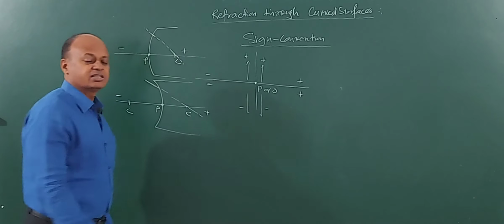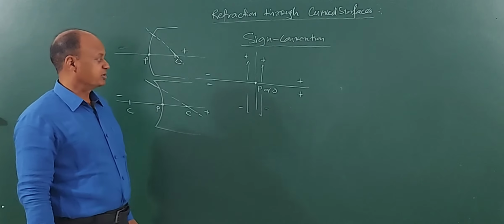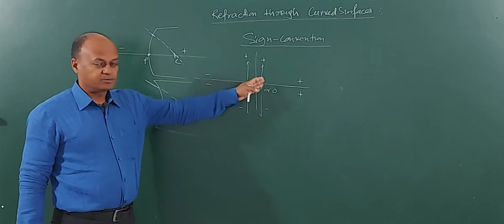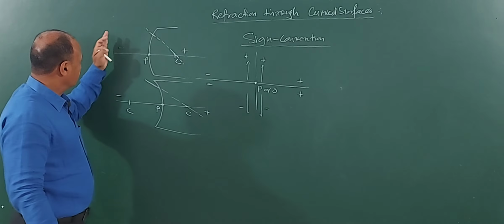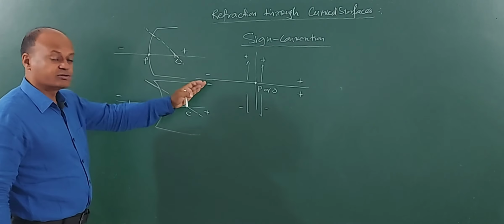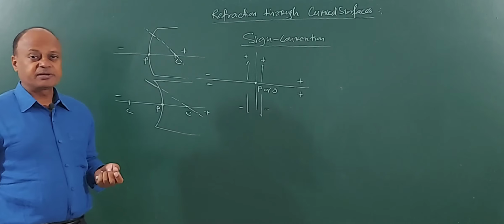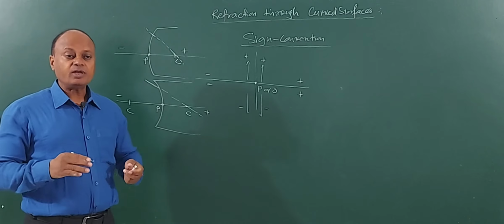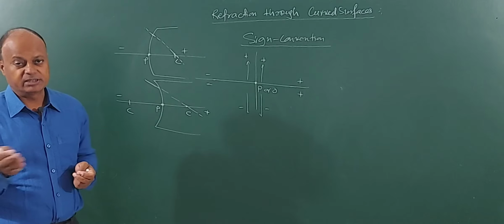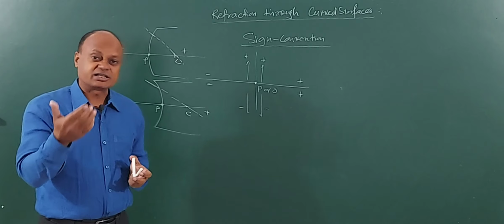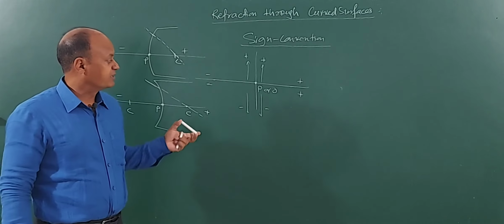So, you can see this sign convention is same as the Cartesian sign convention which you have done in lower classes in coordinate geometry. Distance on the right will be positive, left will be negative, above will be positive, below will be negative. And remember, we will keep the source of light on the left, then only this convention will be right. Okay? And you know, a real image is obtained when the rays actually meet at a point, and a virtual image is obtained when rays appear to meet at a point. Clear? A real image can be projected on a screen, and a virtual image cannot be projected on a screen. So, you know these basic conventions and definitions already.